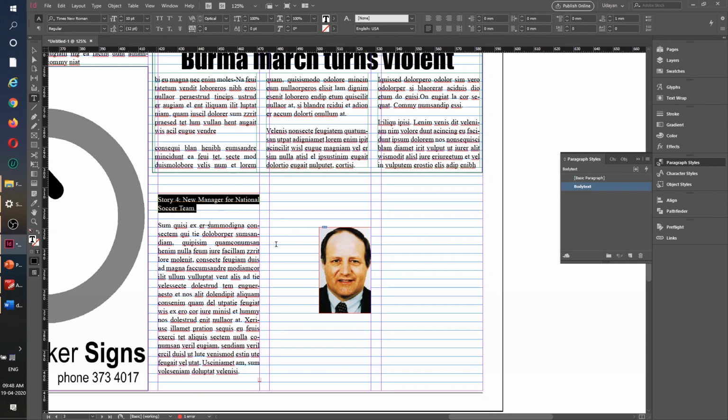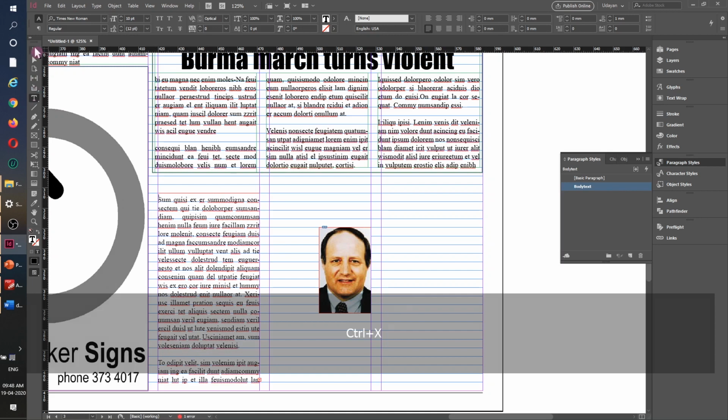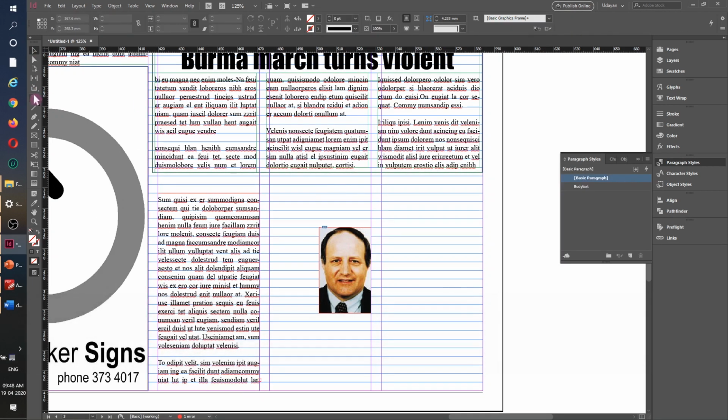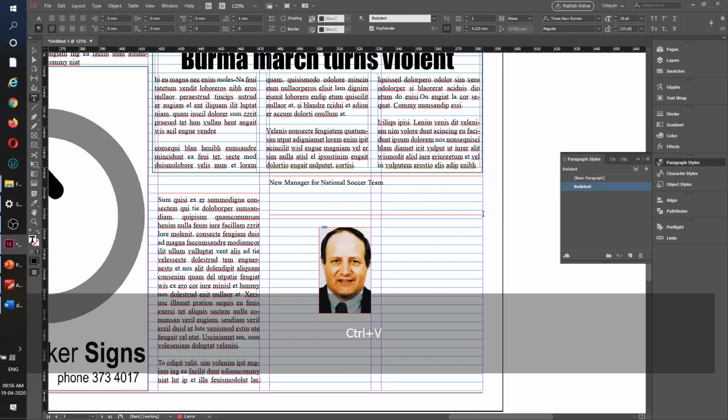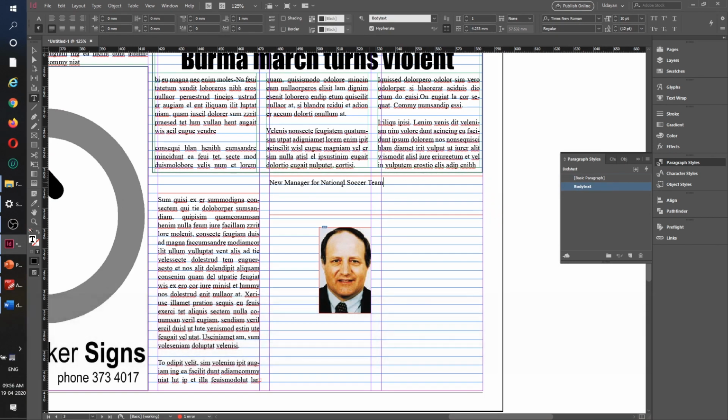Now I will take this headline part, Control X. I'll go to take my text tool and place it somewhere here. I'll adjust it later, not a big deal. And I'll place it, Control V. Now here, as you see, it is already having this baseline connected. So the quick and easy option is simply choose the other paragraph style and it will be out of that. Anyways, we need to have a different serif font here. Plus, we don't want the headlines to be connected to the baseline because we need to move them around.